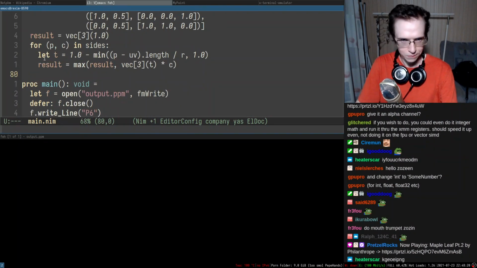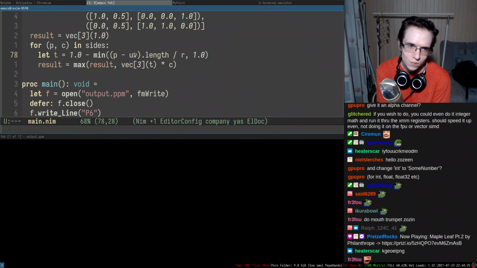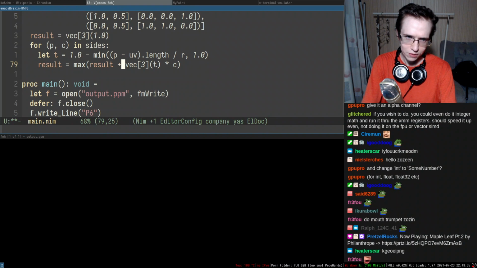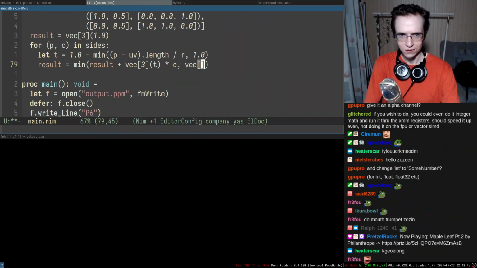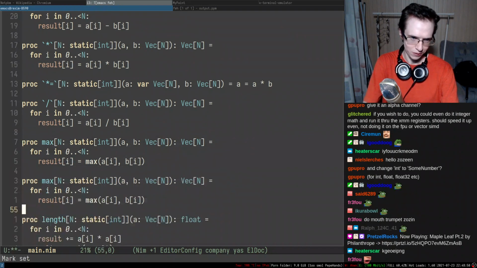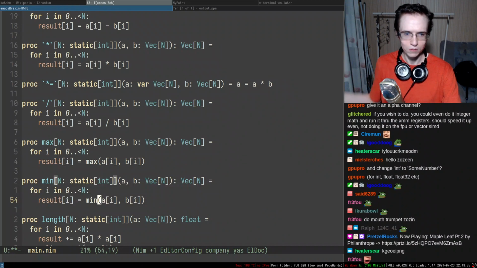Okay, so we can actually try to clamp this thing. Yeah, we do max. Okay, so we're gonna do plus, right? So this is plus, and this is gonna be a minimum, rather, between that and vec3 1. There we go. So, and that means I will have to implement the min. So we already have max, let's implement min. And you know how we're gonna implement min? Well, query replace, max, min, boom, easy.